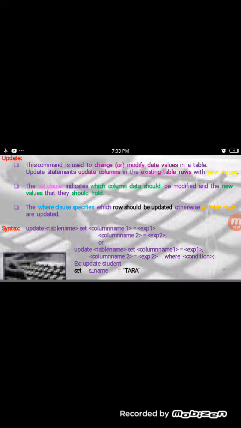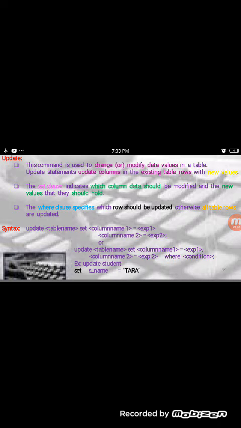Whenever we use the update command, you have to use the set clause as well as the where clause, because it decides which row should be updated, otherwise all the rows are updated.